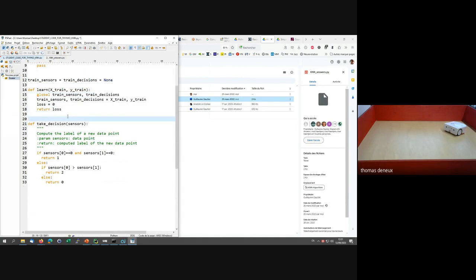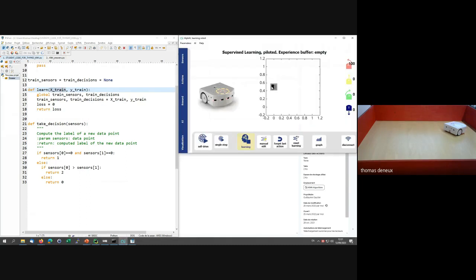So this code basically does nothing. It's just that when it receives a data set, which consists of X, the position of the point. So you remember this point, its position. I mean, the position of all the points which are in the database, and y is all the associated decisions. Then we store them in some global variable that will be possible to use also in the take decision function. Now for the take decision function,